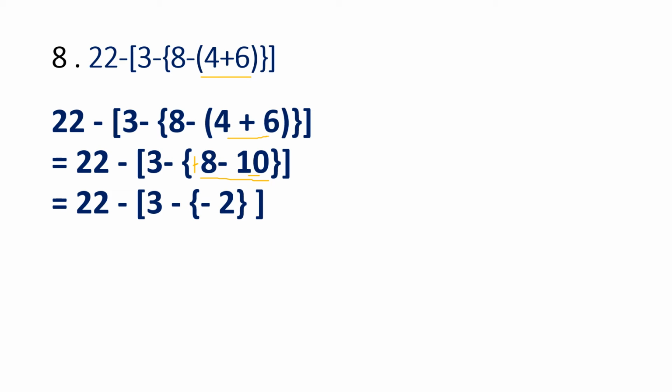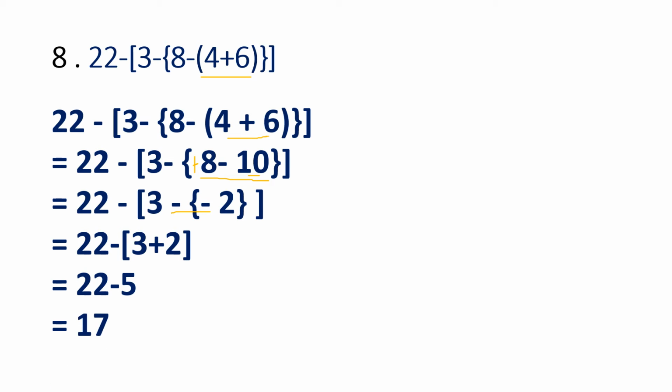Negative 2. Now this negative sign means that we have to change this sign to positive. Negative and negative make positive, isn't it? So because of this sign, I have to change the sign. This negative sign is saying change the sign. So I will change the sign and make it into plus. So here see, I have changed this sign and I have made it into a plus. So what is 3 plus 2? Yes, 3 plus 2 is 5. So the sum becomes very, very easy now. 22 minus 5. And what is 22 minus 5? That is 17. So this is the answer for the first sum, 17.